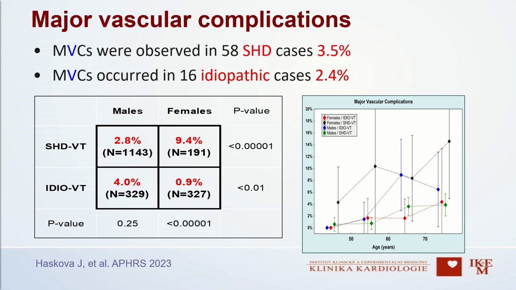And major vascular complications were most frequent. We see that again, they were higher in structural heart disease compared to idiopathic, but there was a difference in terms of representation of gender. In structural, there were more frequent vascular complications in females compared to idiopathic, where there was male predominance, but we can explain it by more frequent left-sided procedures in males in the idiopathic setting, because they more often had summit arrhythmias or arrhythmias coming from the cusp, so a more frequent arterial access for retrograde